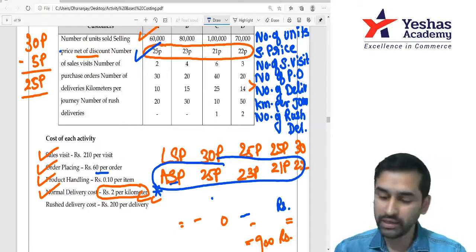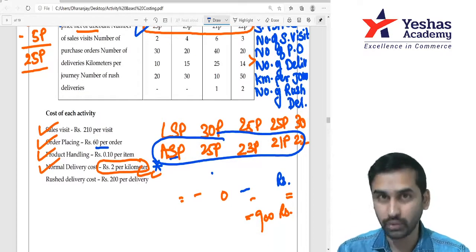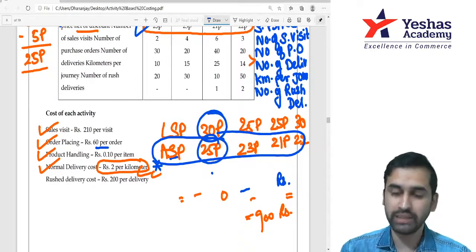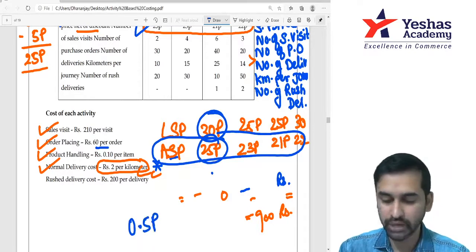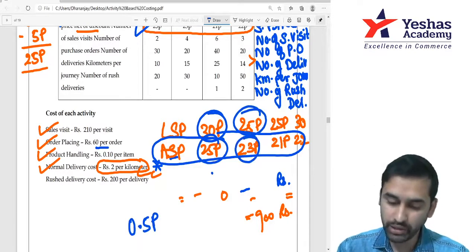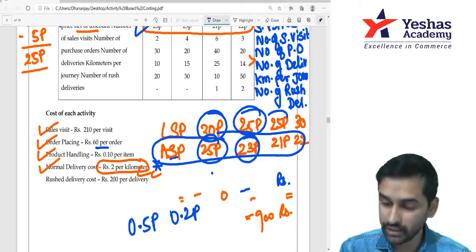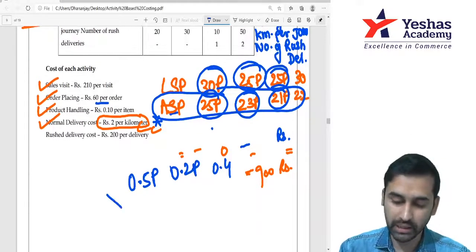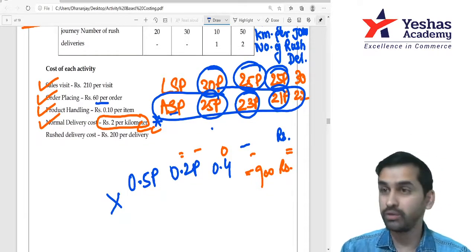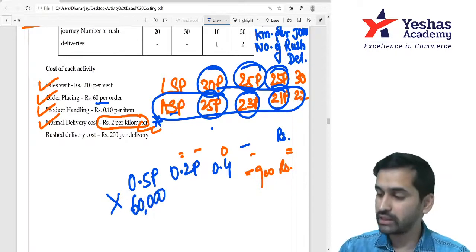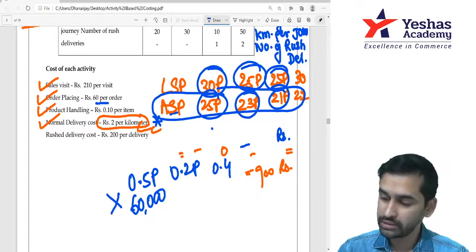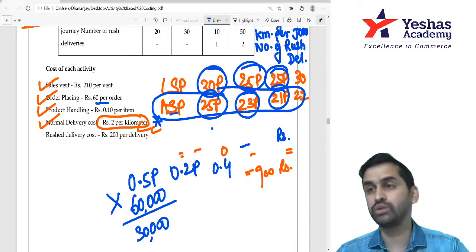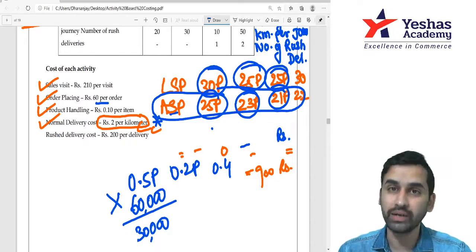Then what to do in that case? You will have to calculate how much have we lost because of discount. How to calculate, sir? 30 paise is list price, 25 paise is actual price. That means discount given is 0.5 paise. Like this here, 0.2, here also 0.4. So on you can find out the discount given. If you multiply the discount by number of units in this question is 60,000. So now 60,000 units into 0.5, you are giving 50 paise discount. 30,000 rupees is gone in just giving discount, correct?